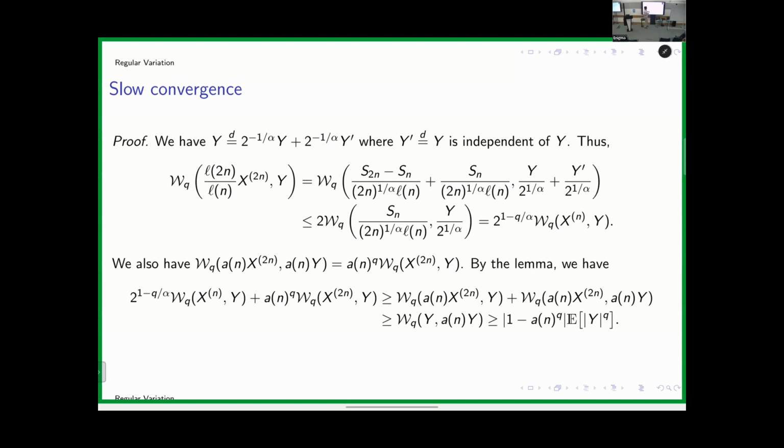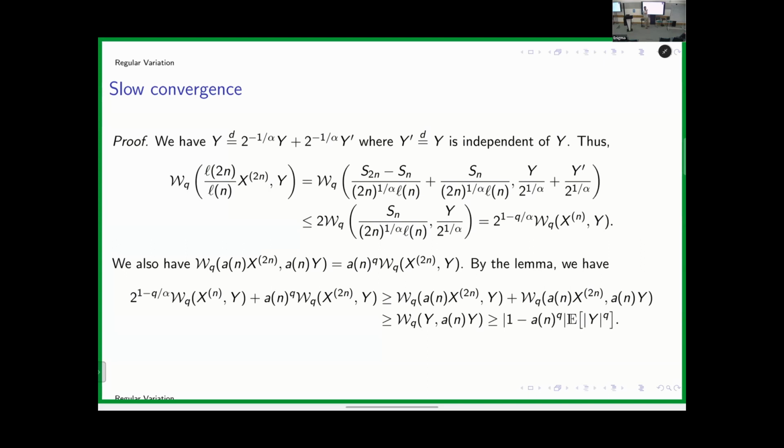Okay. Then I'll use the second part of that lemma, which says that this distance is bounded by the distance between this guy and this one, and this one and this one. Okay. Since they both have the same law, in this nice random walk setting, I will just have a factor. Okay. And inside I will have Sn over this denominator and y over this other factor.